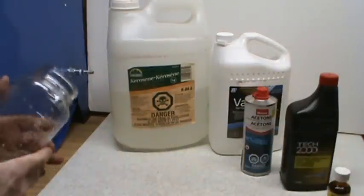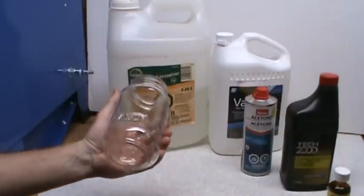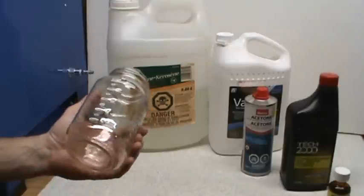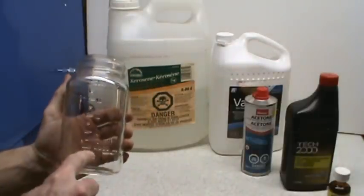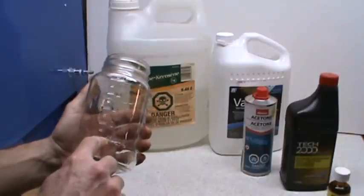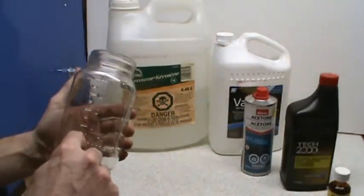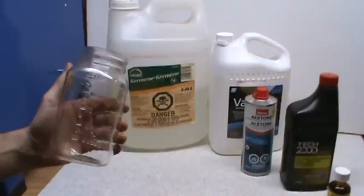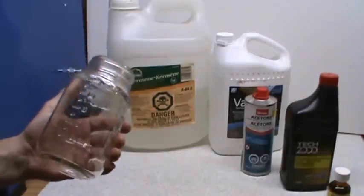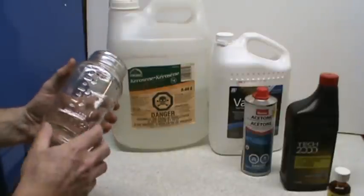An easy and convenient way to measure them is just to use an old mason jar. This particular type of mason jar actually has graduations on the side in liquid ounces, and that is what I'm going to mix up. I'm going to mix basically 4 ounces of each type of liquid together, and then when we're finished we're going to have our Ed's Red bore cleaner. So we'll get started by adding the